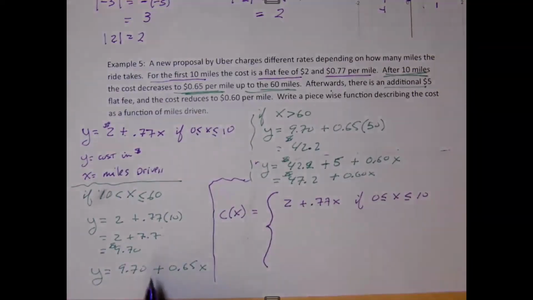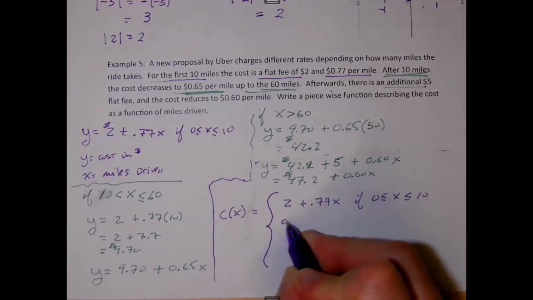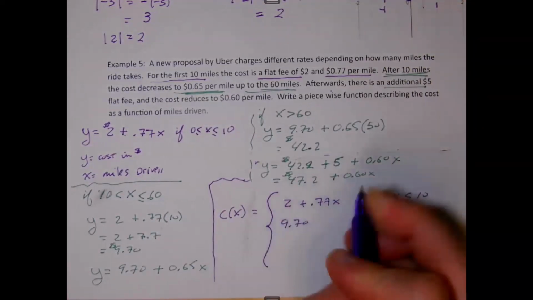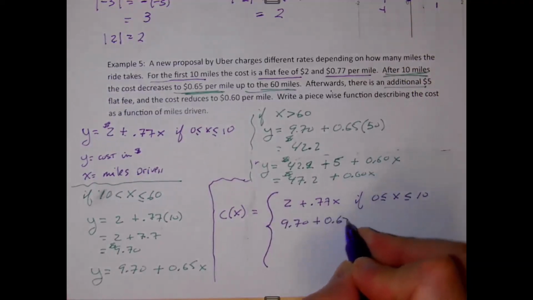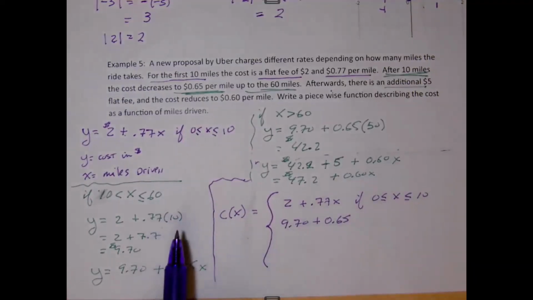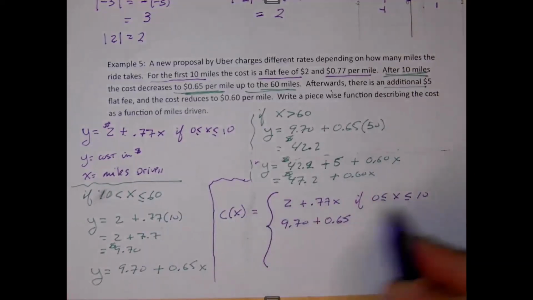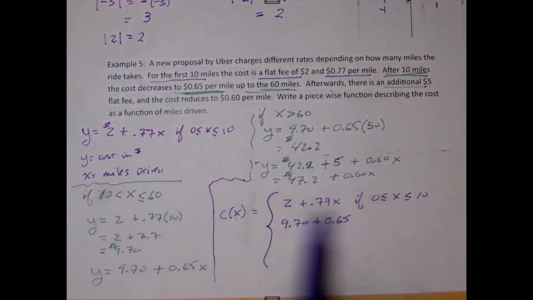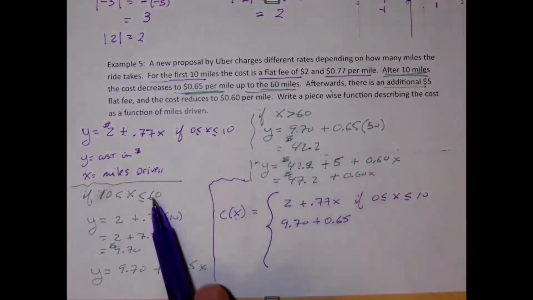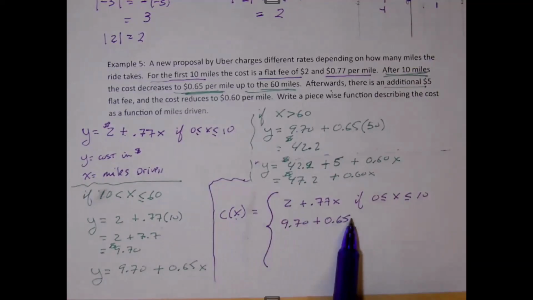Now here's my second equation. It would be tempting to write that, but that's not exactly what I'm going to do. Now, let's think about this. I'm beyond 10. If I wanted 11, I want to put 11 there. But you'll notice that if I go up to the 60th mile, I'm going to enter 60 here. But I have to take into account that